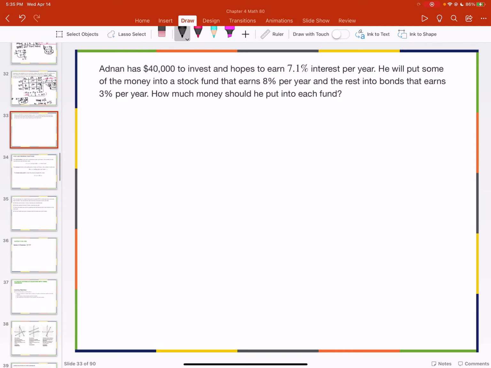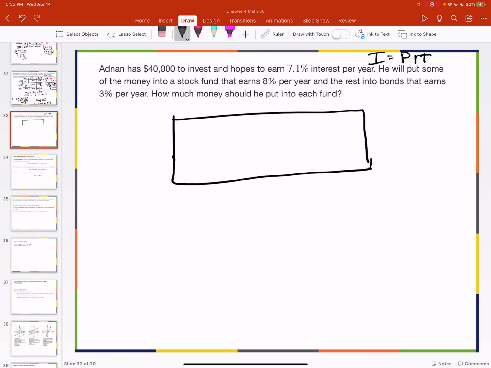Okay. So this one is a simple interest problem. Remember that interest is equal to PRT. So Adnan has $40,000 to invest, and he hopes to earn 7.1% interest per year. He will put some money into a stock fund that earns 8% a year, and the rest into bonds that earn